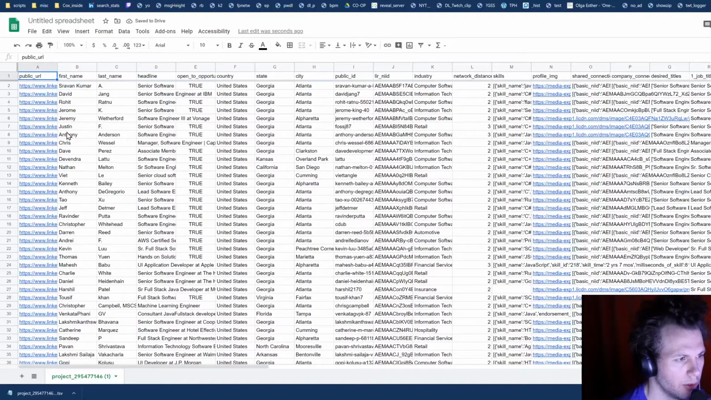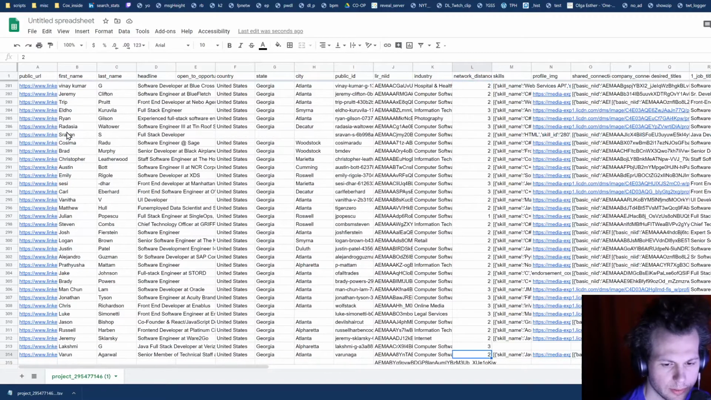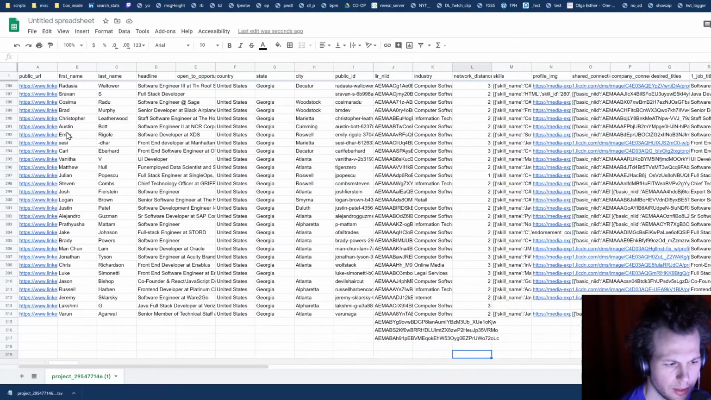And alright, so we get the public URL, as you see, first name, last name, headline, open to new opportunities, country, state, city, public ID. So this is part of the public URL. This is the 39-character LinkedIn Recruiter ID. Industry, so this is the current industry that the person has listed, which is usually the last employer industry. Network distance, and skills, profile image,